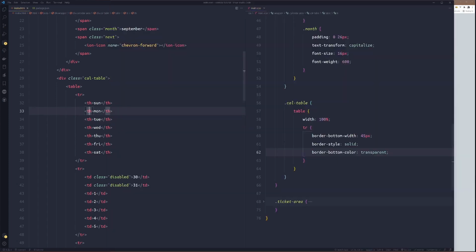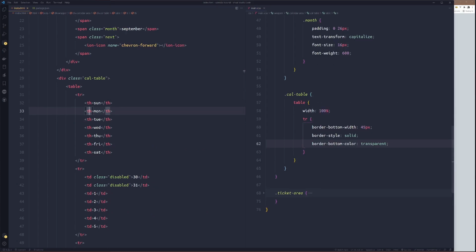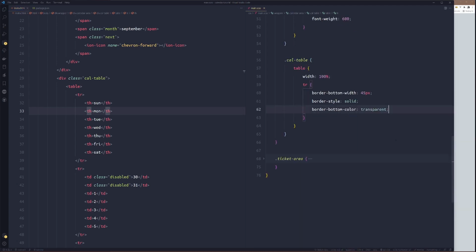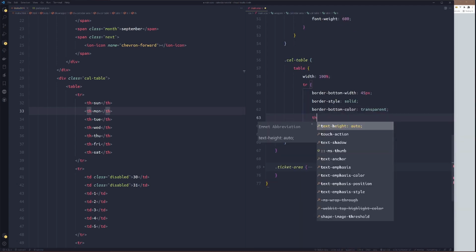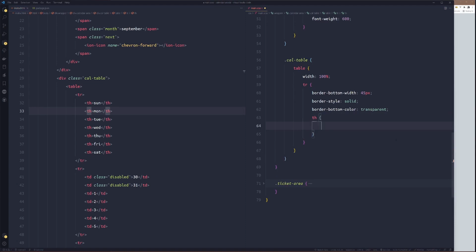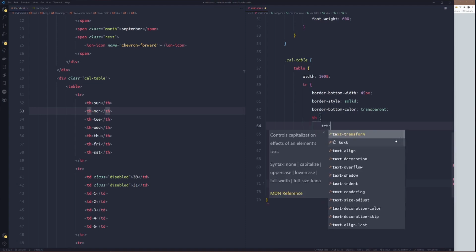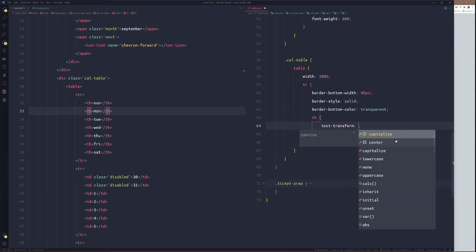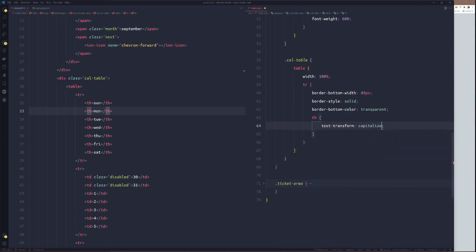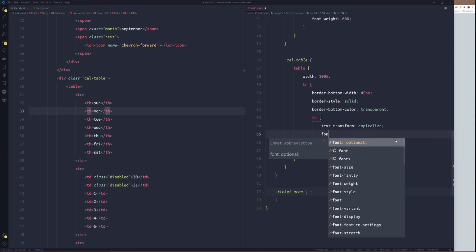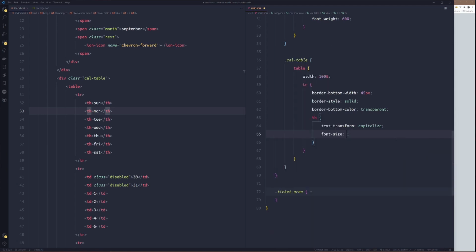So now after this table row, or rather inside, we'll target the table head. Then text transform to capitalize. Font size will be 14 pixels.